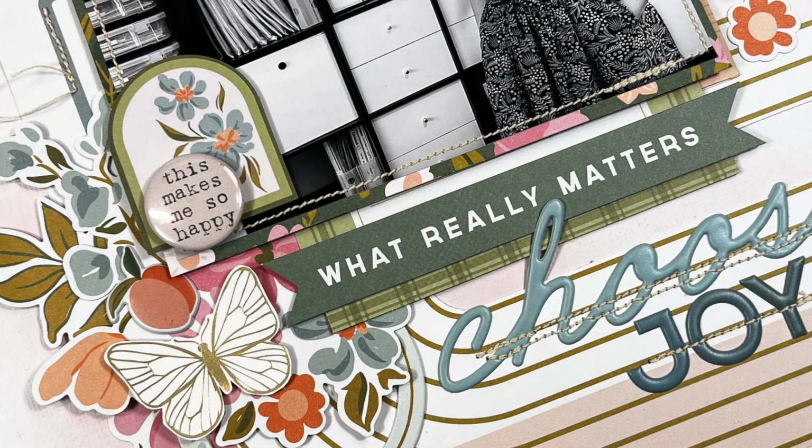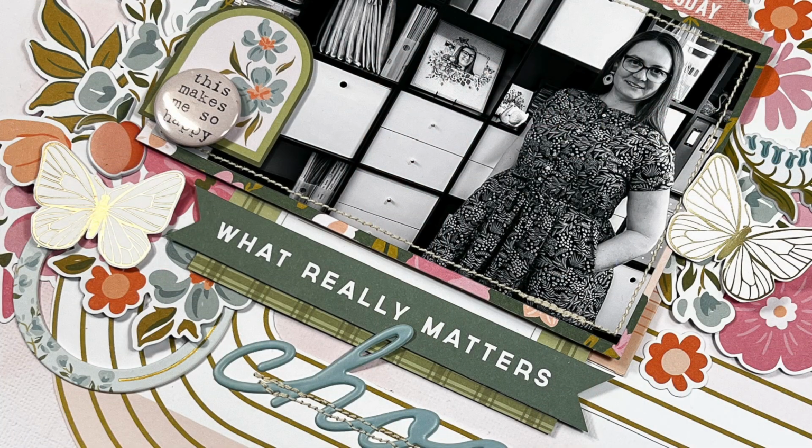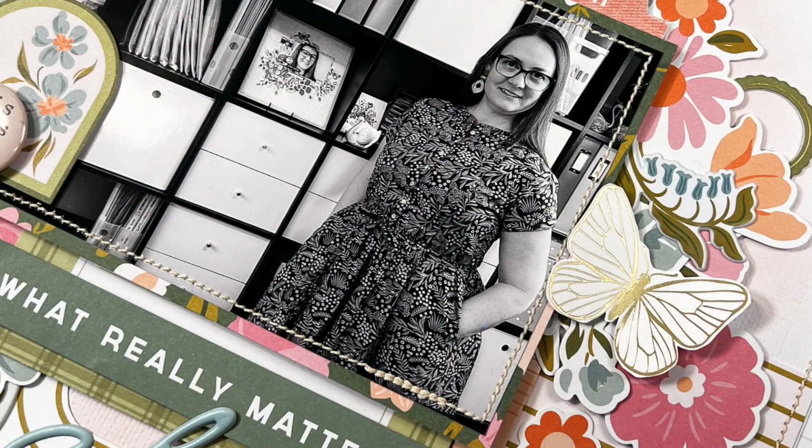So plot twist, I did end up adding in some mixed media as well as 3 butterflies. You can see all the details in the close-up images right here. I know that creating clusters can be tricky even for more experienced crafters, and that's why I put these videos together to help. I'll link them right here